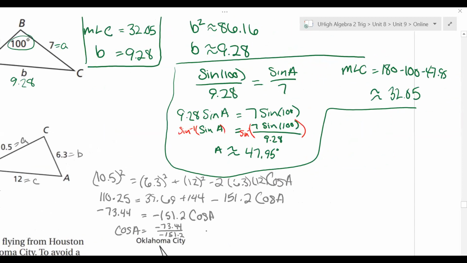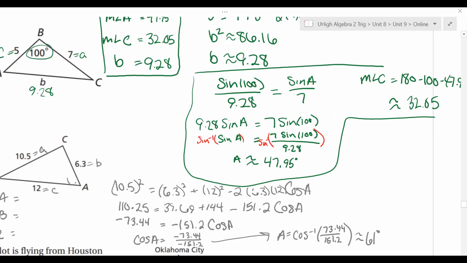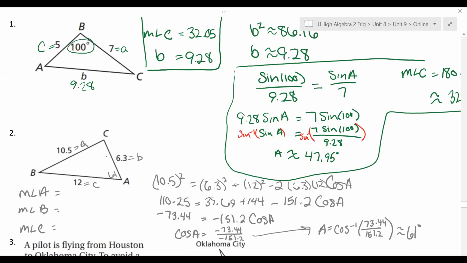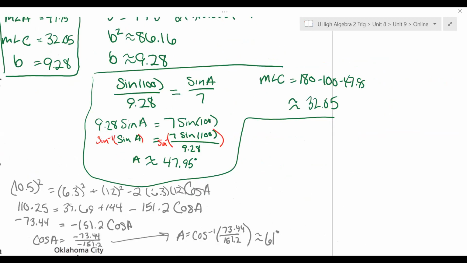Then I'm going to scooch on over here. So then I'm going to look at the inverse cosine of what I just found, which is approximately 61 degrees. So A is 61. Now that I know one angle and its side length, now I could just switch over to using my law